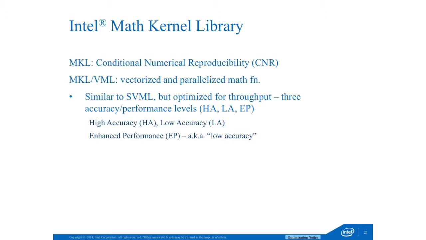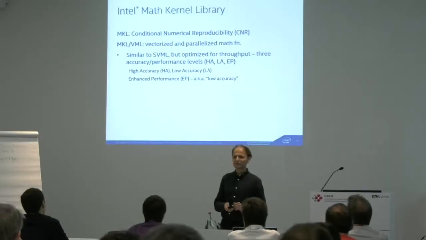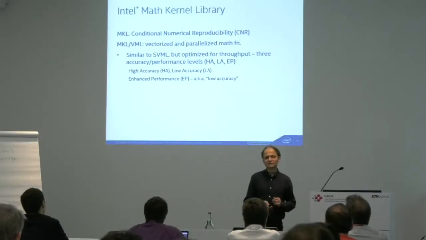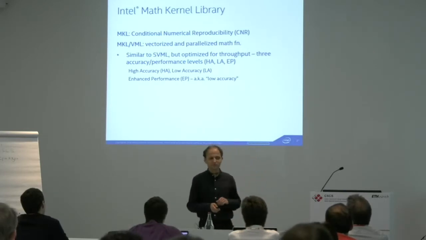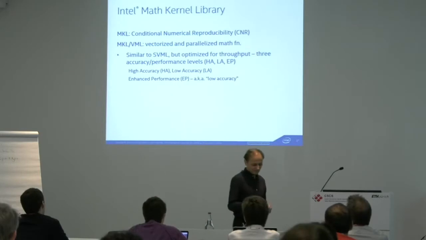Let's go back and see what EP is. EP is enhanced performance. It's the marketing name of low accuracy, right? That is basically the same thing. But luckily for marketing, low accuracy also means, oh no, low accuracy is separate. So enhanced performance is even lower than low accuracy. Okay, sorry. So you can think about what that means. I think only half the bits are correct as far as I remember on LA. Or no, enhanced performance, only half of the bits are correct. Anyhow, so